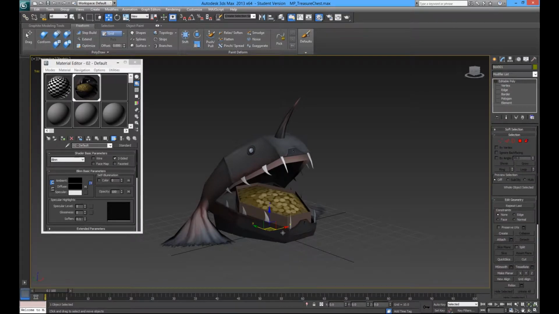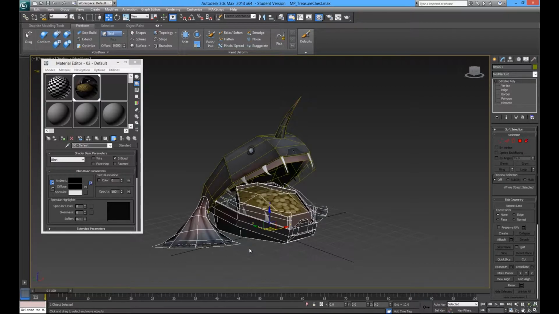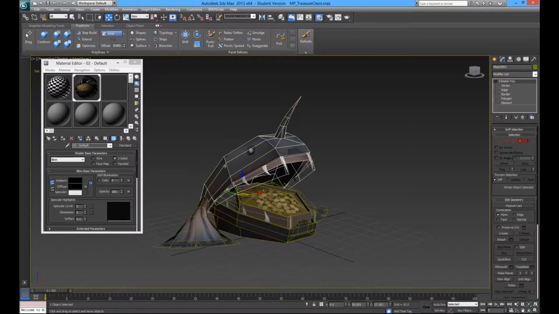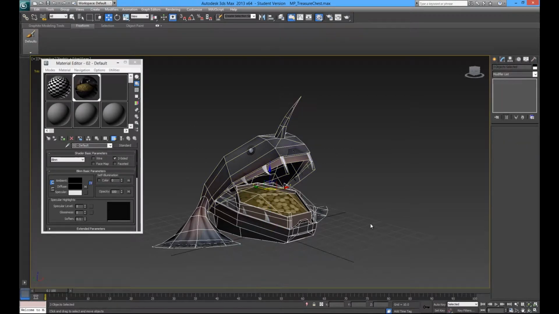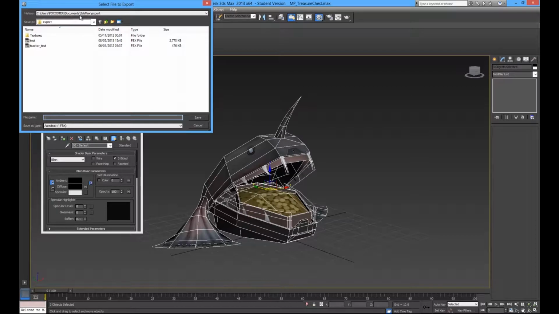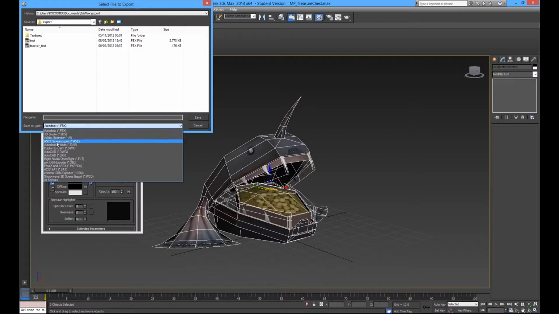You need to create two different export files, one called low and one called high. So you should have your model selected and the pivot should be all in the correct place and everything should be done. It's probably best that you have them as one, but I don't think it makes any difference really. But you want to select the model and you want to export the first one. Now by default it will always send it to the max directory, so I believe if I go OBJ, because we're saving it in